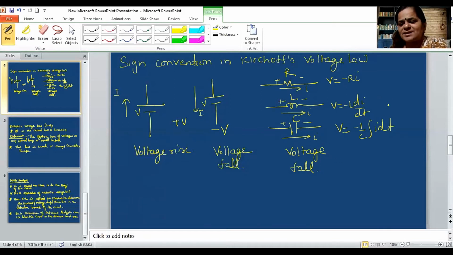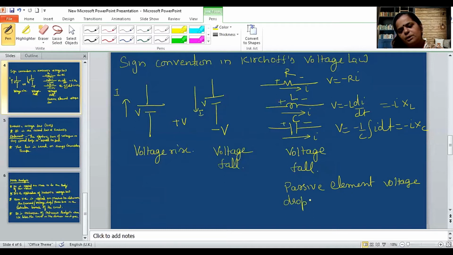And if XL is given, we can write minus I into XL, and minus I into XC. So always the passive element voltage drop will be